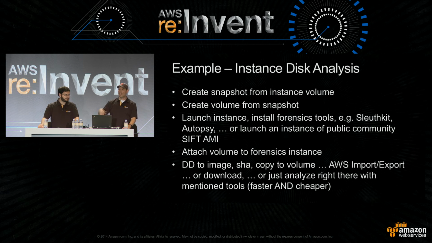Now, if we want to do that in a traditional environment, such as back home on-premise, or in the kitchen, I don't care, you can have S3 actually ship it to you on a disk. So use AWS Import/Export to get your data back to you in a box. We're pretty good at shipping things in a box, I hear. And if you want to, you can also download it. Download would mean that you're going to spend time waiting for the bits to actually stream to wherever your location is. Or you can just analyze everything right there. Again, if you build an analysis instance within the AWS environment, you can attach the image to that analysis instance and start performing your disk analysis.